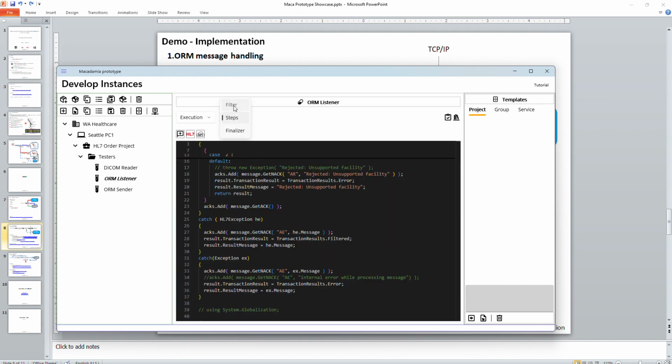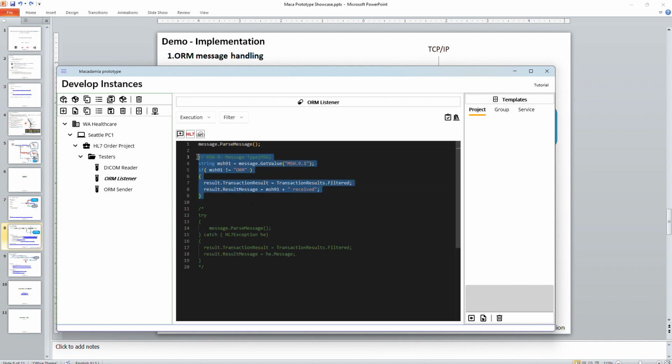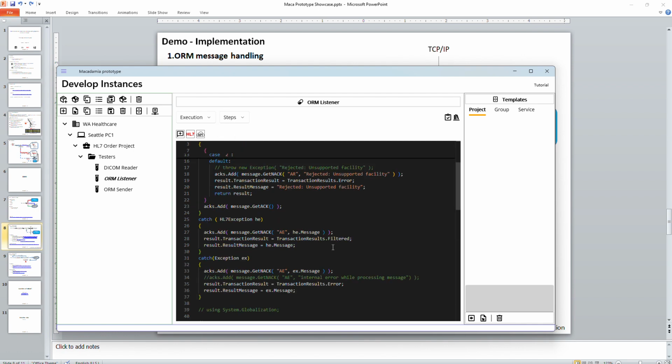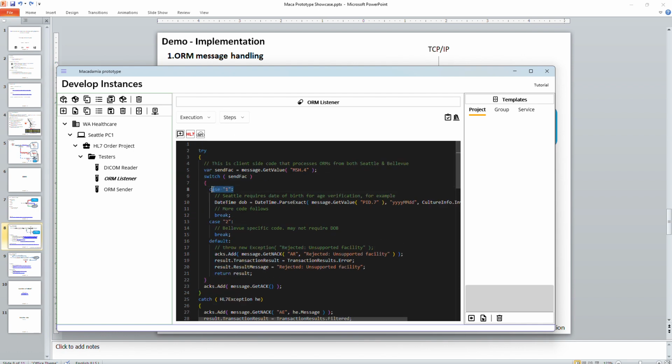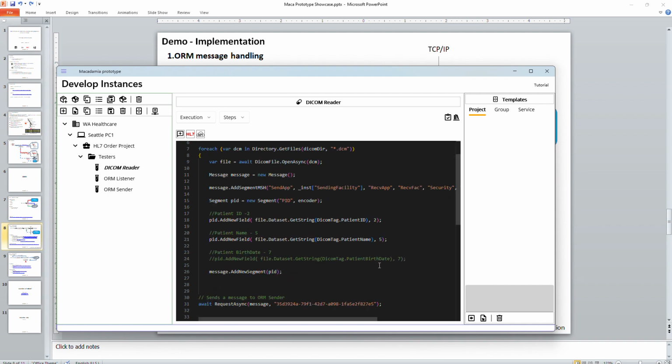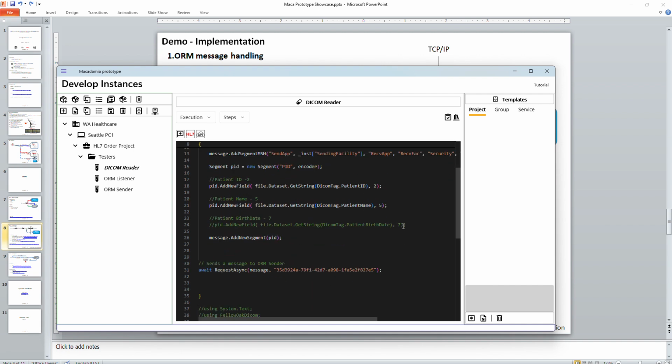And of course, if the ORM message is not received, it will complain. But for now, we are just expecting ORM. For simplicity, we're just looking at the happy path only. And the step, as I mentioned, checks the MSH4. And if the location is Seattle, it checks the date of birth, which is PID7. And I'm going to show you what this actually does with that one, along with